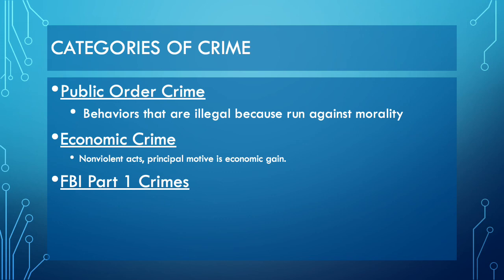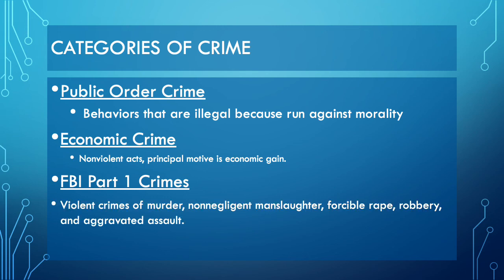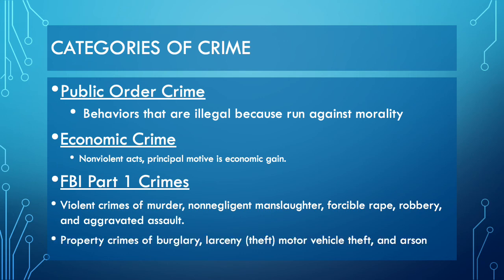And then the last thing is that you should be familiar with the concept of the FBI Part 1 crimes from the Uniform Crime Report. The Uniform Crime Report, as we're going to be learning about in a little bit, is a way to gauge the fluctuation of crime over time and look at the overall volume of crime and the rates of crime. And so the Uniform Crime Report identifies about 8 crimes, I think that's the number,